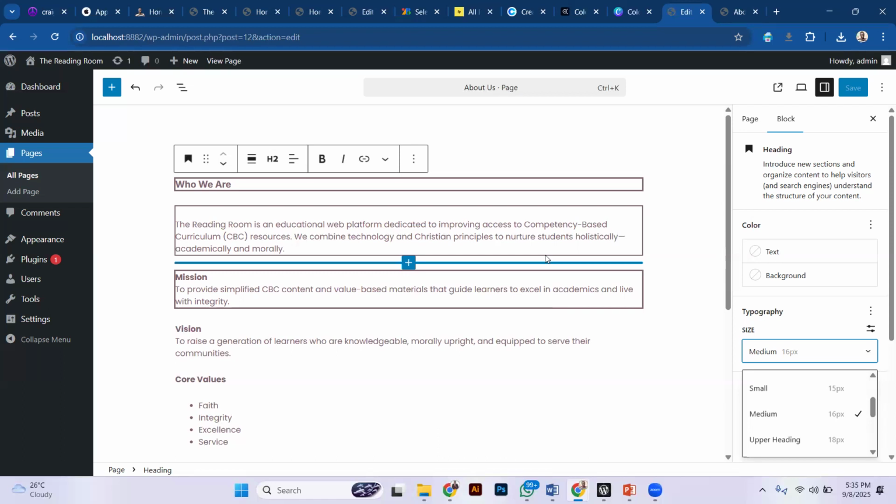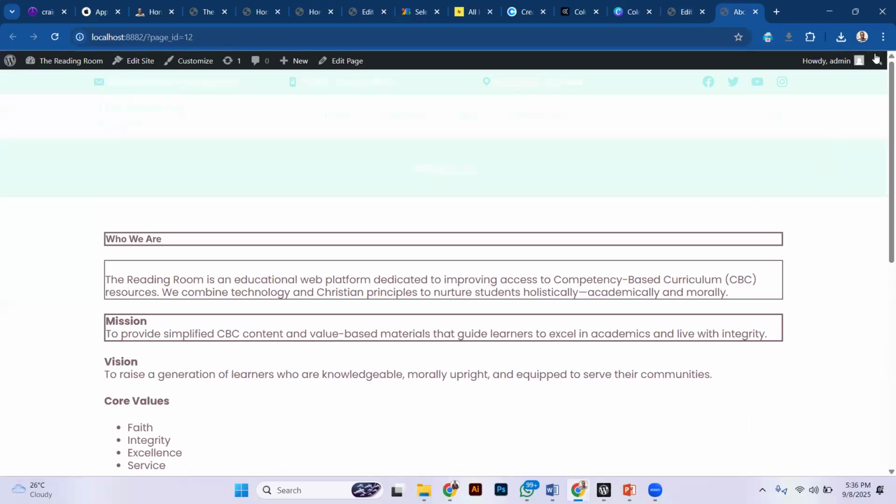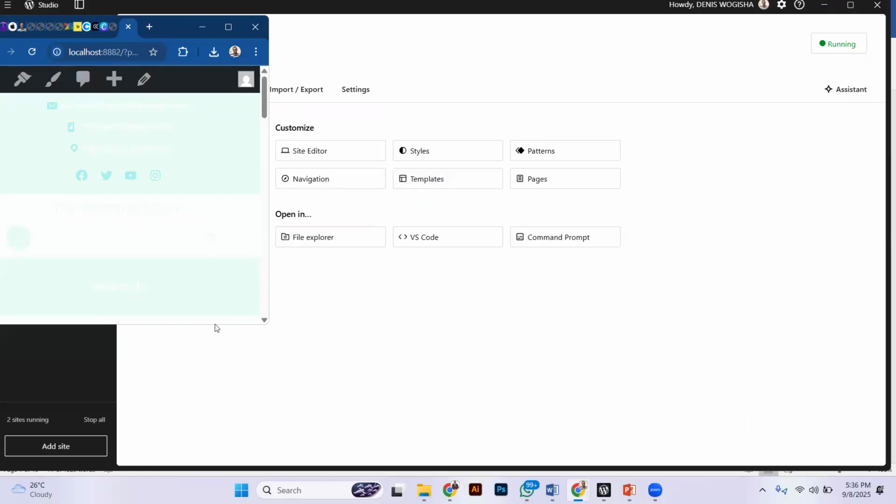Earlier on, I told you most of the themes we download use fluid layout, meaning they scale, they adjust according to sizes. If I again view this and show back to you accordingly,